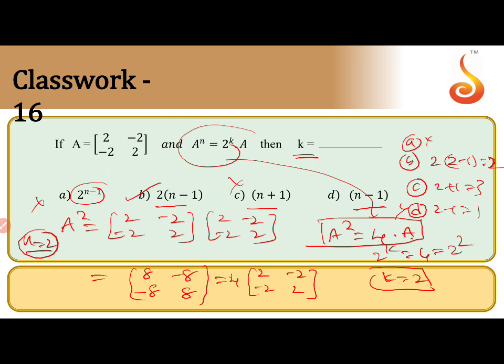By substituting n equal to what? 2. Substitute n equal to 2 in the first option. First option ruled out, don't take. And the second, third, fourth options you can substitute. The option is matching with this one. Therefore, k is 2 into n minus 1. This is a question which was given in the previous KSET exam. Go for verification. It becomes very simple to get the answer.